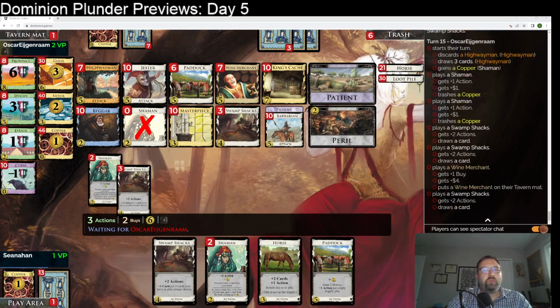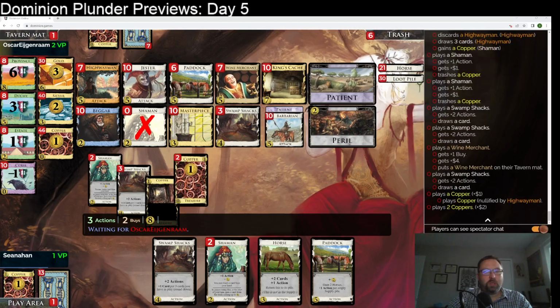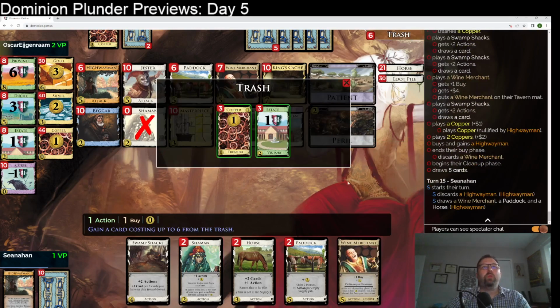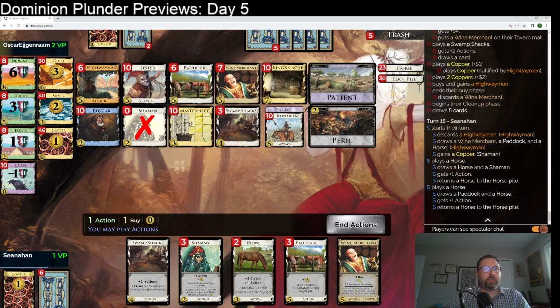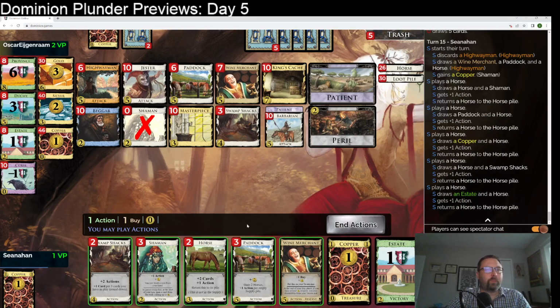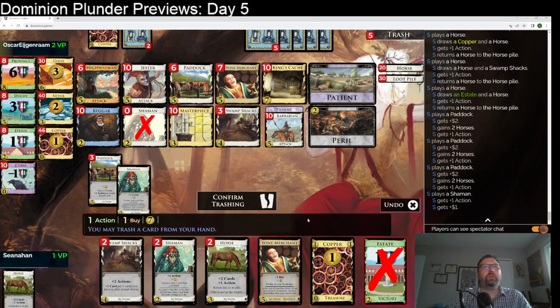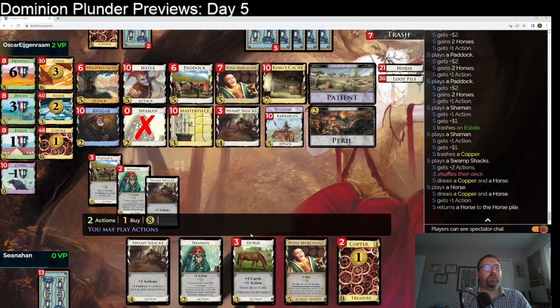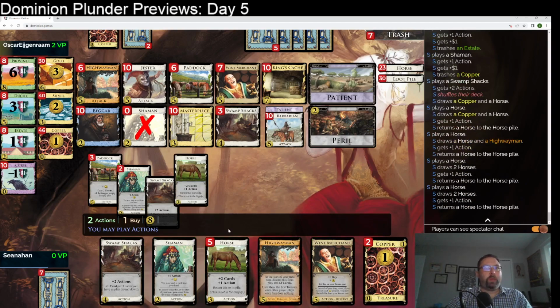I think that early highwayman was helpful. The paddock, I mean, I had the 5-2. There's just like a million moving pieces here. Okay, so we'll start with the highwayman draw. We'll gain an estate, play some horses. All right, we get to the end of the shuffle, right? Play all of the paddocks, 2 of the shamans, I suppose. And we draw here. We play all of our horses. I'm slightly worried about playing all of my horses here, but